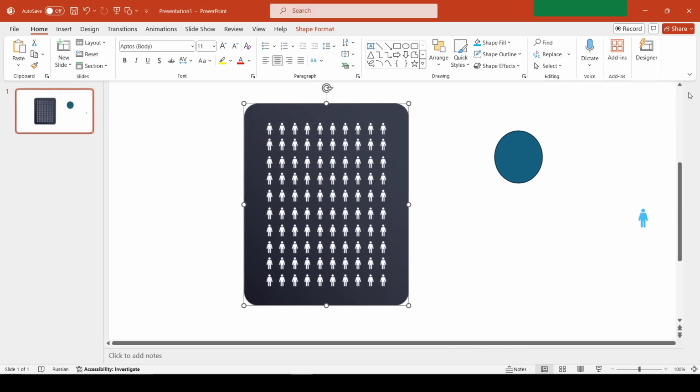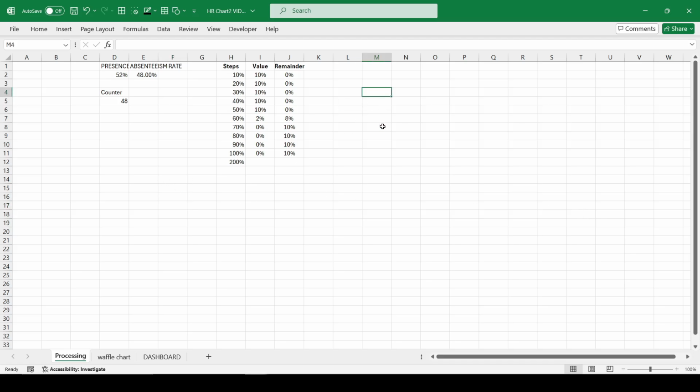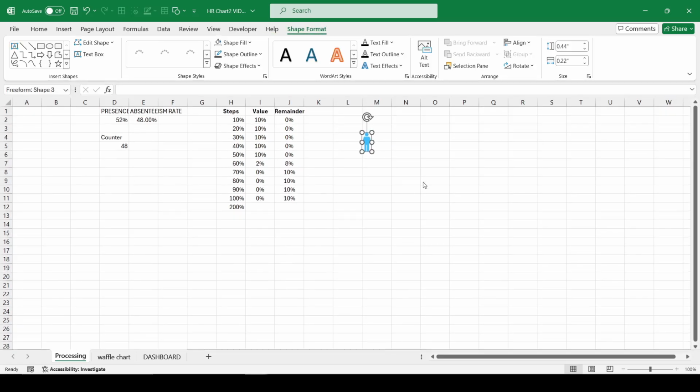Copy the previously created person icon shape from PowerPoint into Excel and adjust the height and width proportions. Add a transparent rectangular shape with corresponding proportions and group everything into one group.